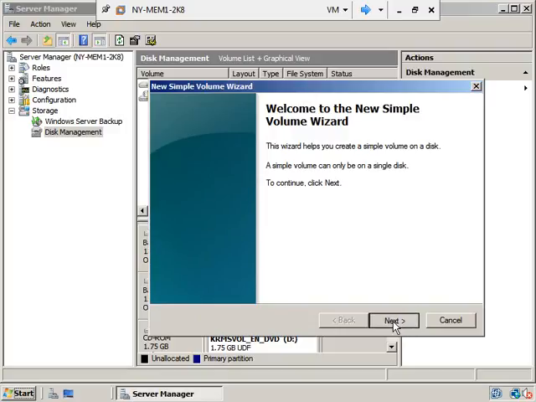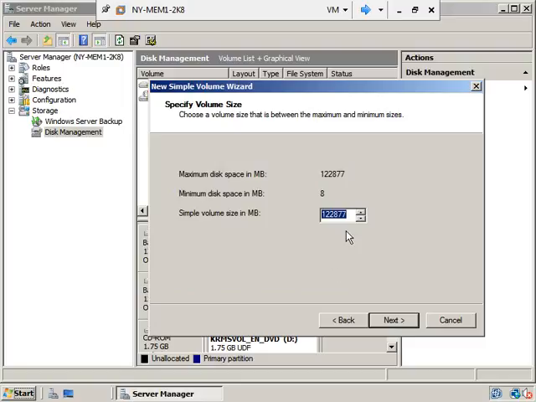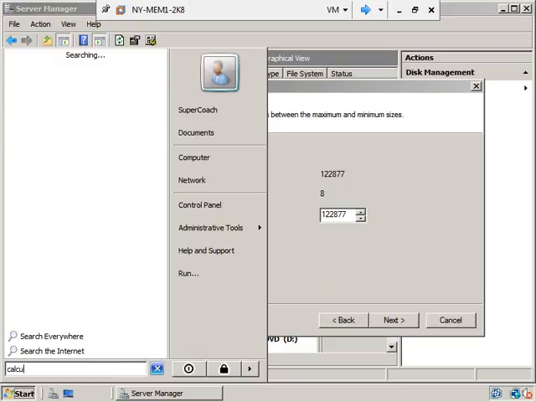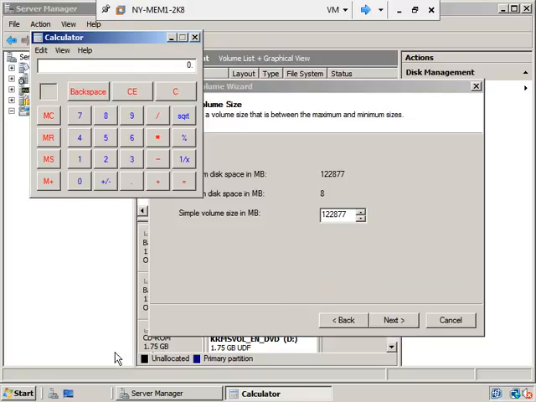All right, so we'll tell it next here, and we're going to make a 60 gigabyte partition because we have 120 gigabytes worth. So real quickly here, let's do a quick calculation. I'm going to open up calculator here real quick because I can't do math in my head, to tell you the truth. So we know that a gigabyte is 1024 megabytes. And if I want 60 gigabytes, we'll multiply it by 60 here. All right, so we need to have